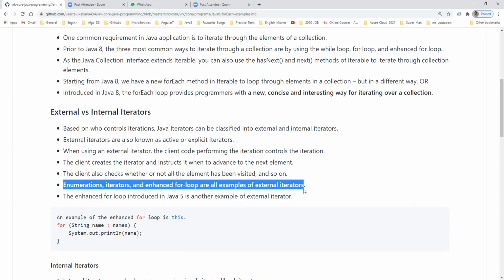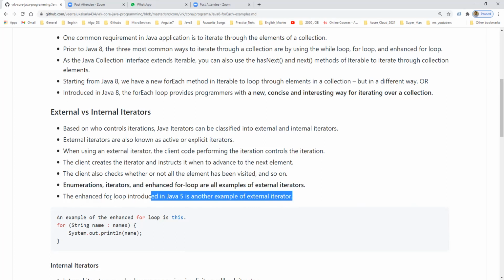The enhanced for loop introduced in Java 5 is another example of an external iterator.